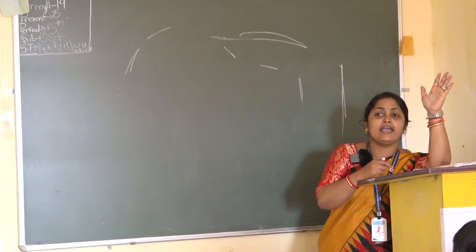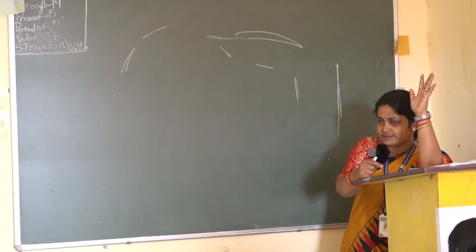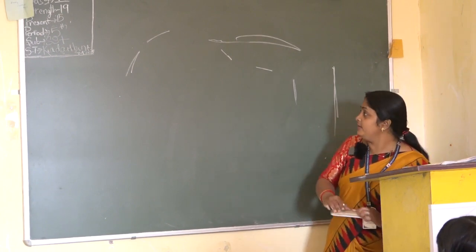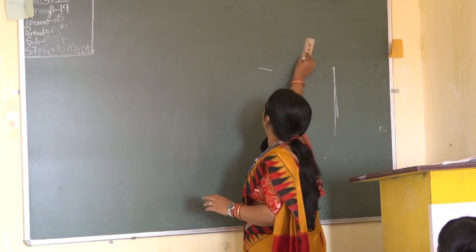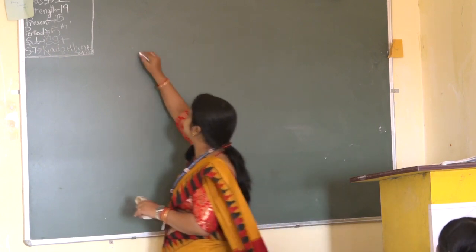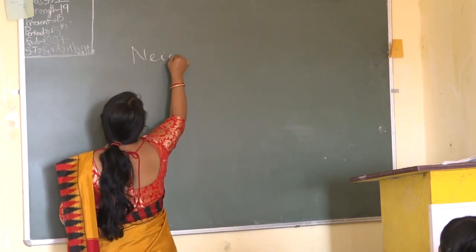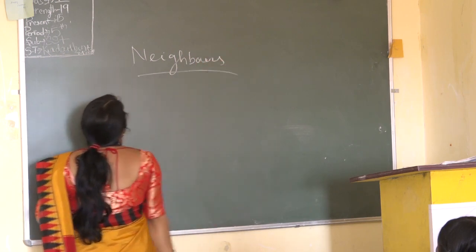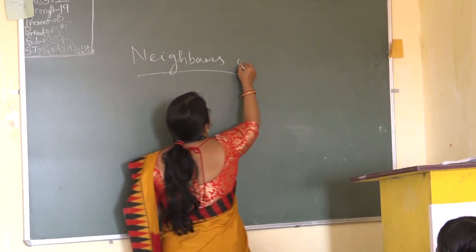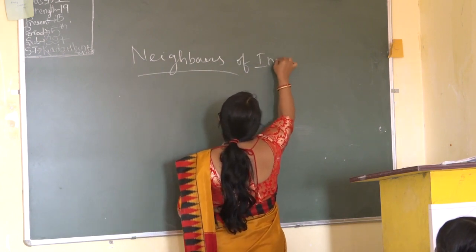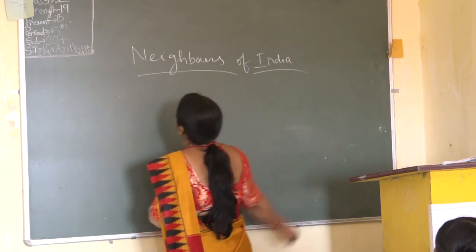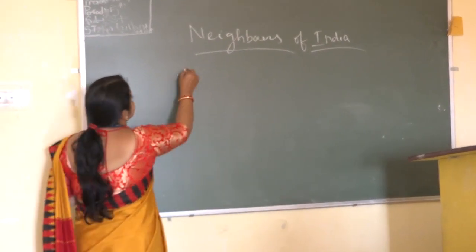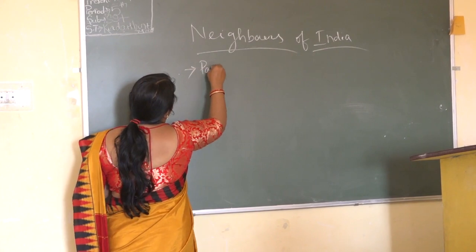We have 7 neighbors which share the land border with us. Neighbors of India. Those sharing the land borders are Pakistan,